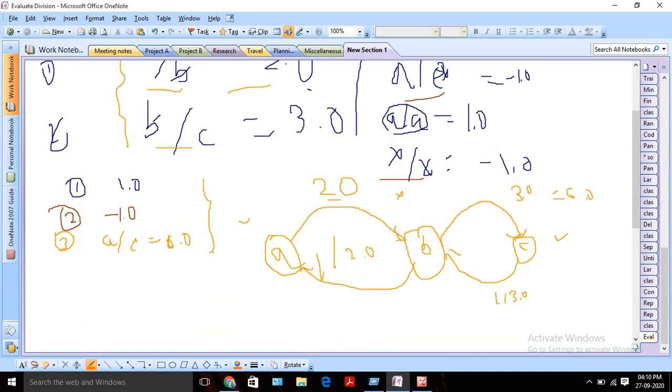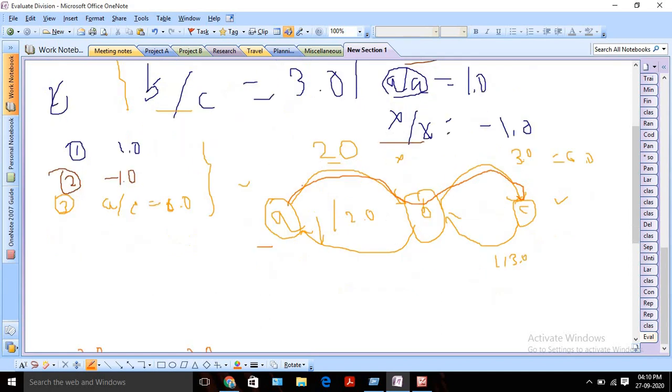Once we build our graph, we can easily identify the edges, right? Suppose I need to find a to c. I can traverse the graph. We can use either BFS or DFS to traverse the graph, and we can easily identify this path, and calculate the value using this formula, by multiplying both values. So using this approach we can solve it. Okay, let's see it in more detail.